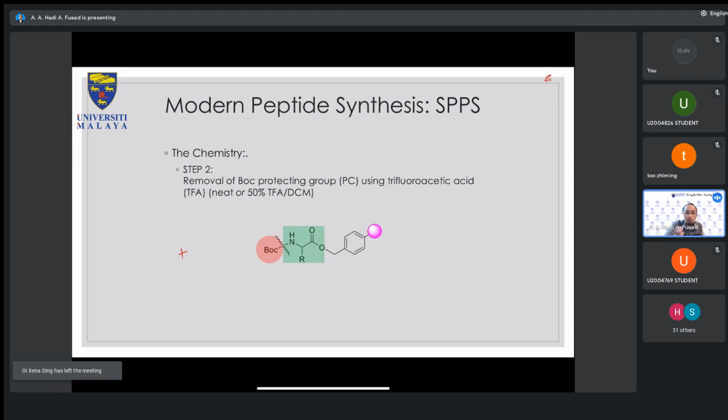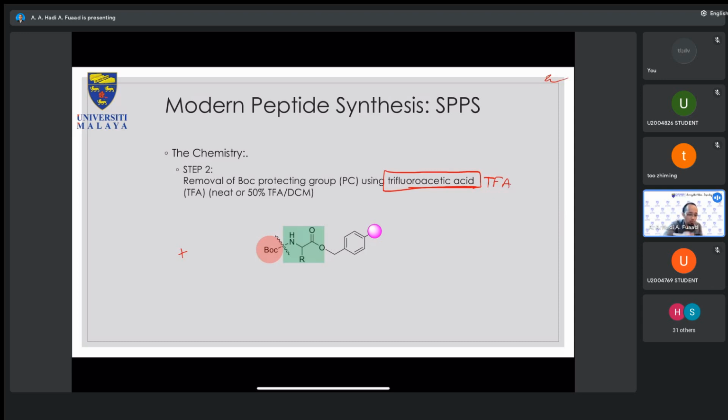So in this particular scenario, because it is for Boc/tBu orthogonal synthesis, to remove the protecting group you use trifluoroacetic acid or TFA. Okay, so there are multiple ways by which you can do it. You can use neat or 50% TFA in DCM. So these are all widely used synthetic approaches. Or you can even use 10% TFA in DCM. It's still all good. It's just that as the concentration of TFA reduces, it will definitely increase the time it takes for the protecting group to actually fall off. Okay, so this is basically just a very simple, basic reaction.